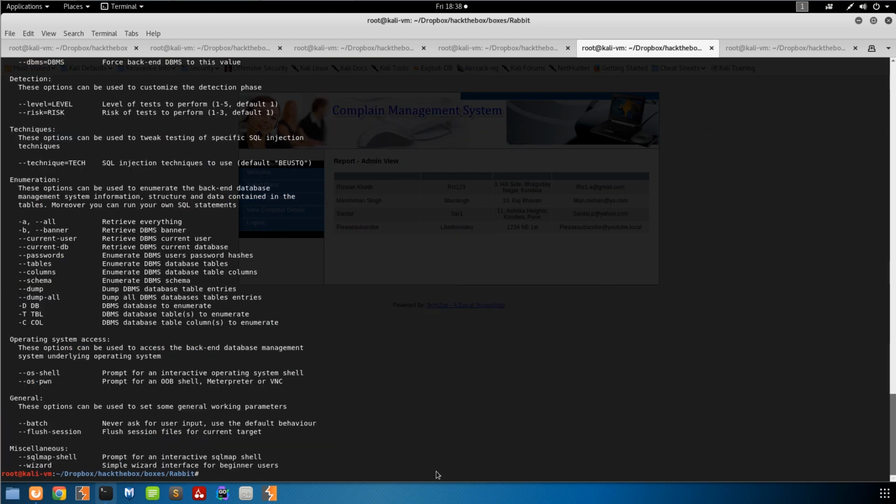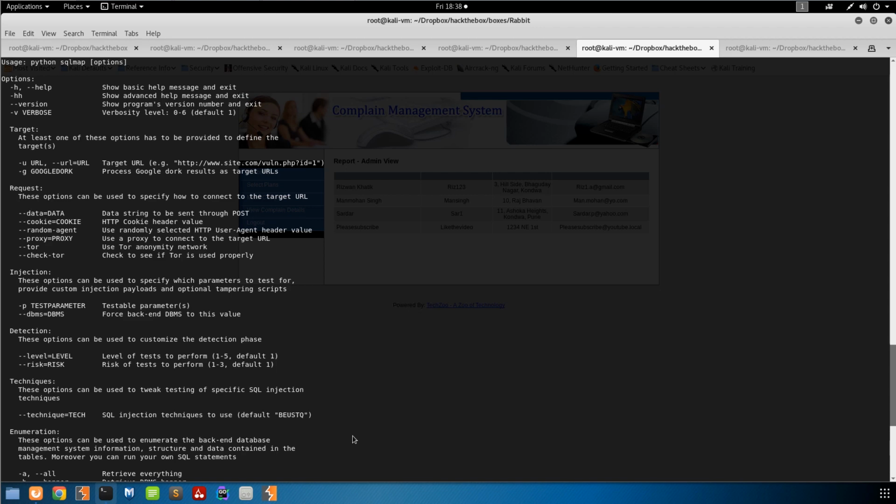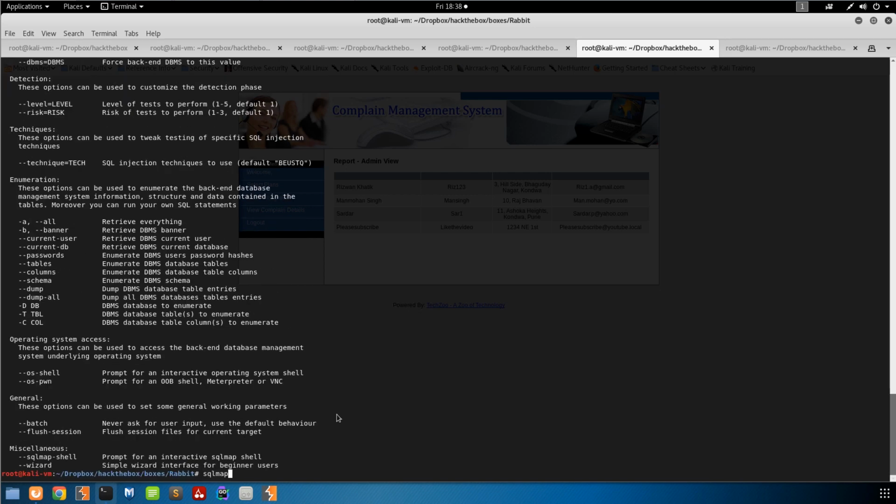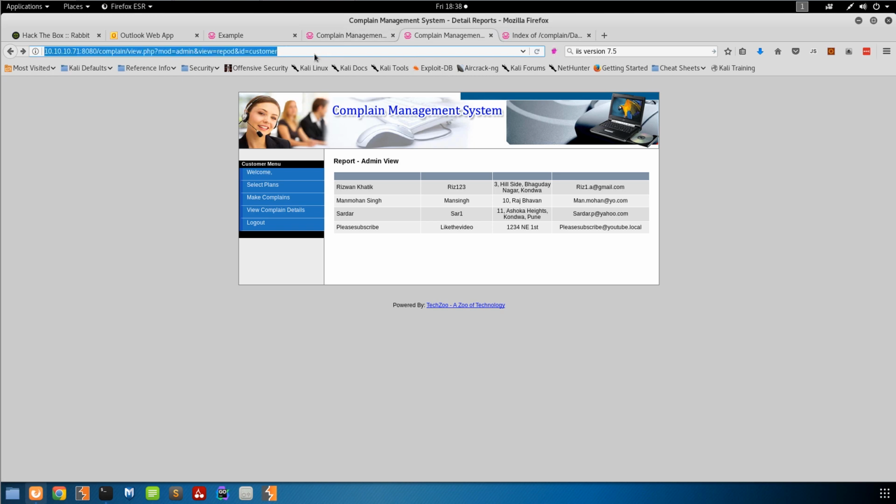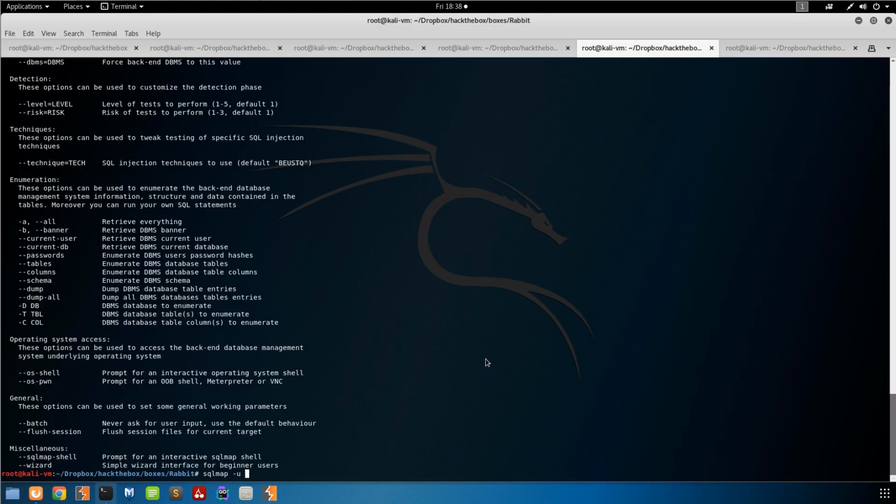I think it's -u, yeah, for URL. Okay, so sqlmap -u, and we'll take the URL here. Not sure if it needs HTTPS, but we'll throw our HTTP on there. Oh, apparently I copied it with it. So we've got that, and then we'll just do